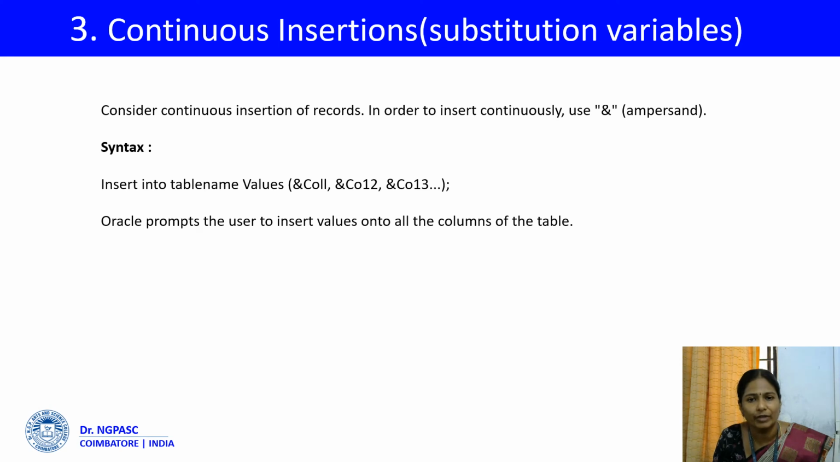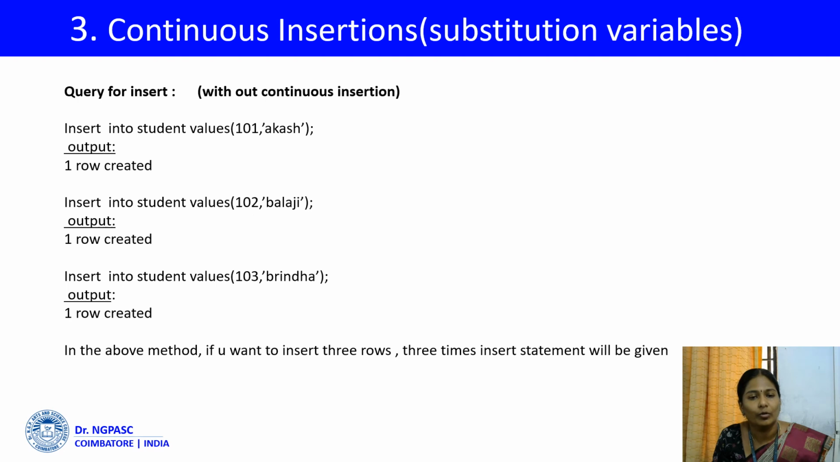The syntax of continuous insertion is insert into table name values, within parentheses, you declare ampersand of column 1, comma, ampersand of column 2, comma, ampersand of column 3. Here is a query for insert statements without continuous insertion. Here you use 3 insert statements, so 3 rows, 3 records are created in the particular table called